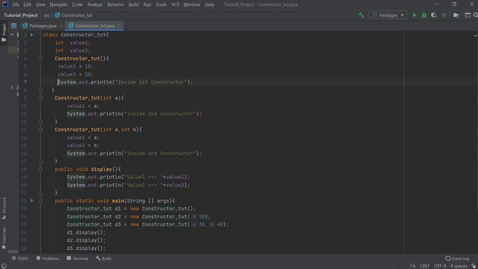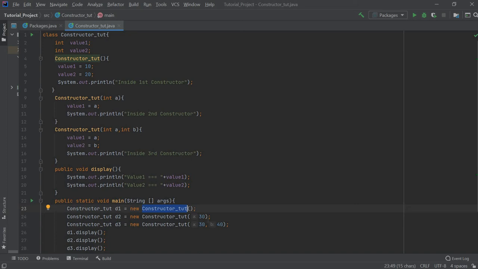But if I have written this line and I'm going to create a constructor of this class, first d1 is a new object, and to create a new object of any class you have to write the name of the class and the name of the object which is new. You can write anything here, so I write d1, and then new is a keyword which is used to create the new object, and then the name of the class again.